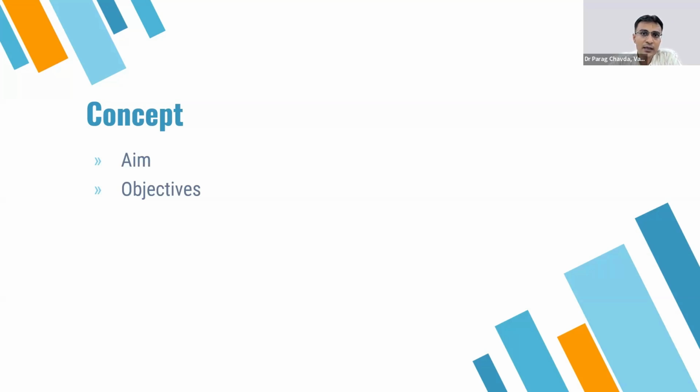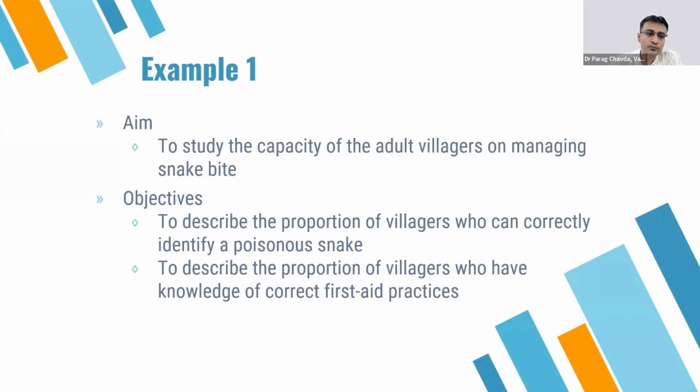So let us understand this taking a few examples. In example one, we have taken these examples from the list of topics that we have shared on Google Classroom, the list of 50 topics. And try and understand. Through the course, we'll once again be going back to a few selected topics from that list, using those examples to understand the different parts of the proposal writing. So we are utilizing them to understand how aims would differ from objectives and how we frame our objectives